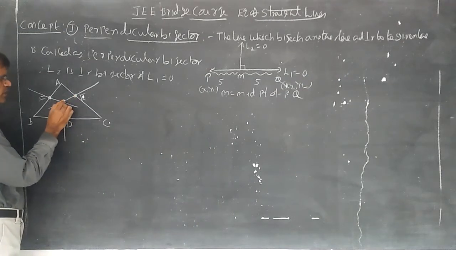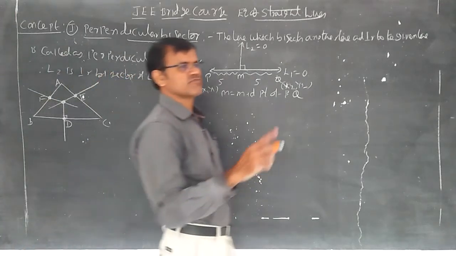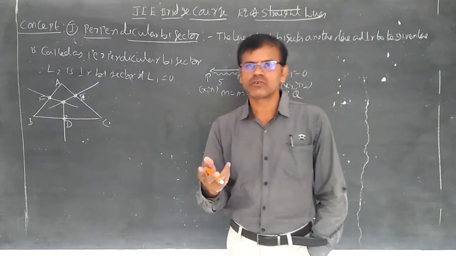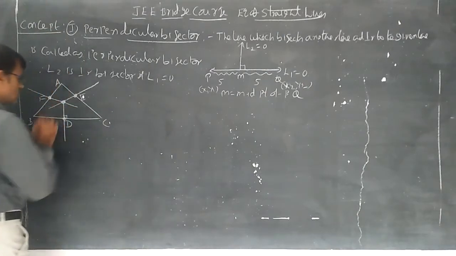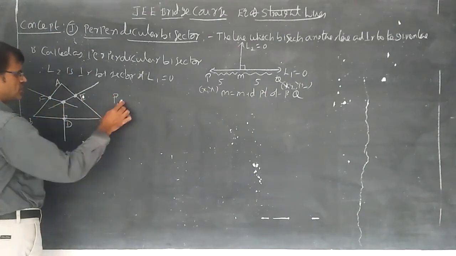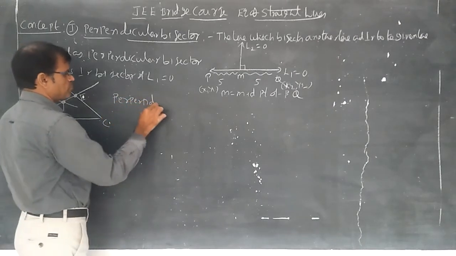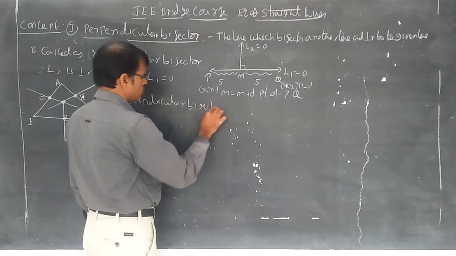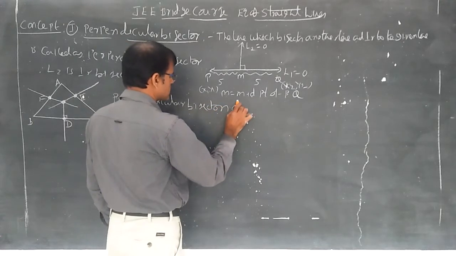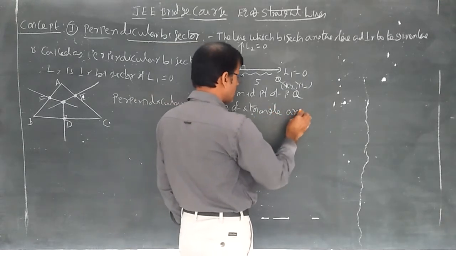All the perpendicular bisectors meet at a point that is called the point of concurrence. Already I said that when two or more lines pass through the same point, the lines are said to be concurrent. Here the three lines are concurrent. Now you can write perpendicular bisectors. The perpendicular bisectors of a triangle are concurrent.